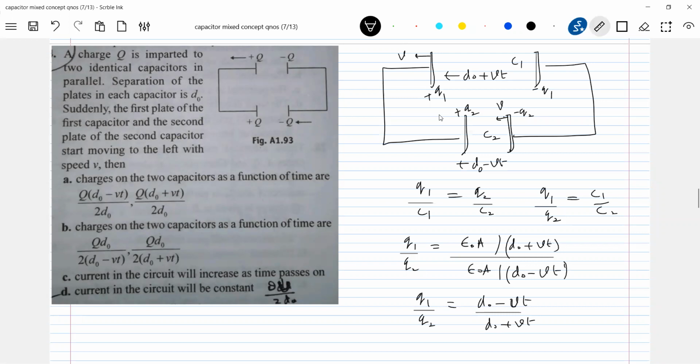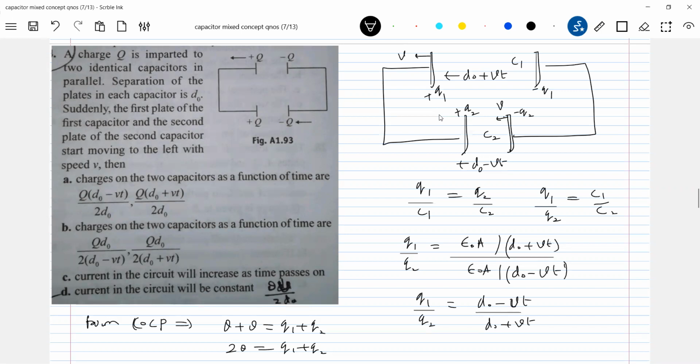Look, the charge of the plates must be conserved. The charge of these two plates, what was the earlier charge? Plus Q and plus Q. So what is the charge now? Q1 plus Q2. So the charge of these two plates must be conserved. So from the conservation of charge principle, what equation can we write? Q plus Q should be equal to Q1 plus Q2, or 2Q equals Q1 plus Q2. Solve this, and we'll get expressions for Q1 and Q2.